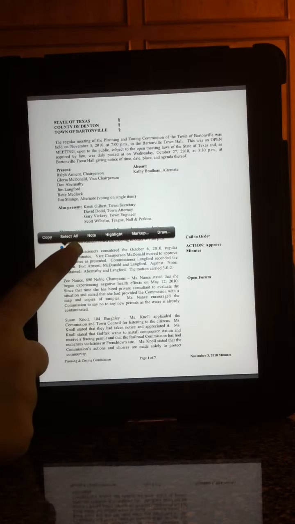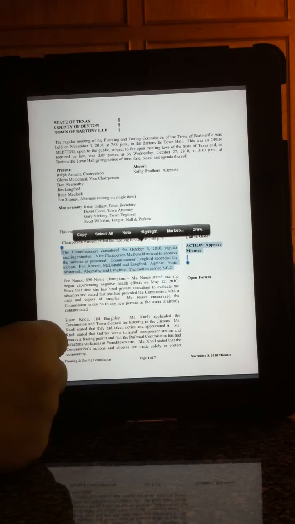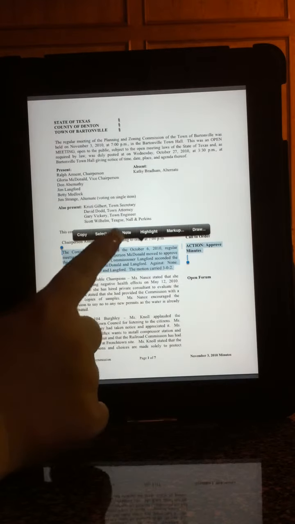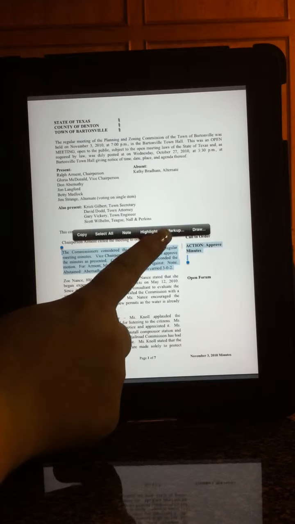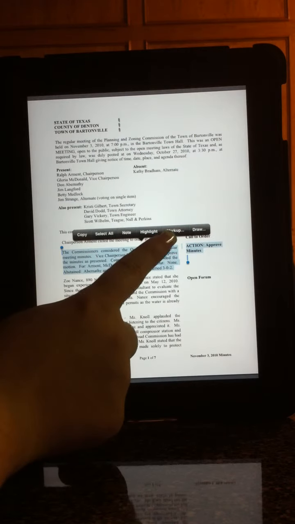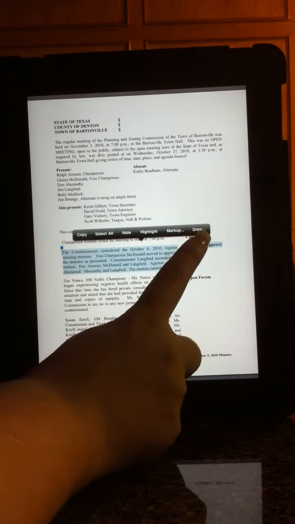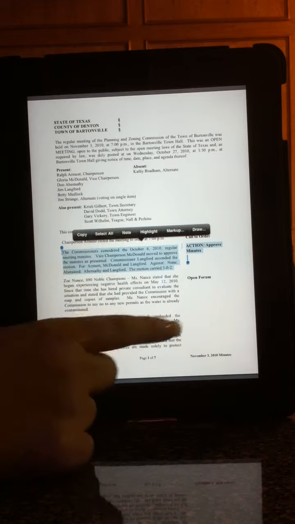You can grab either of those dots and drag them to select as much or as little as you want. And then you have different options here. For example, you can insert a note, you can highlight it, you can mark it up by doing underlining, crossing out, things like that, or you can draw by drawing squares, circles, freehand. If I want to insert a note right here,